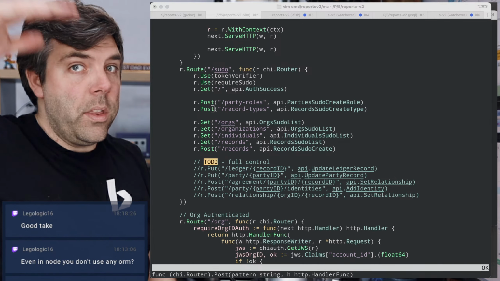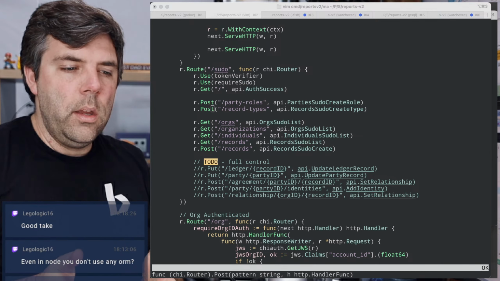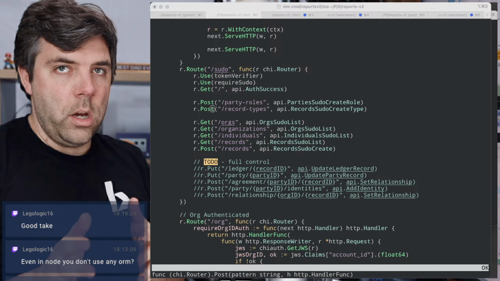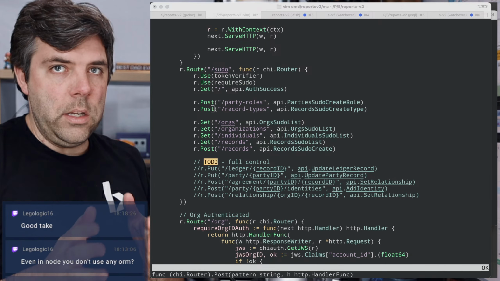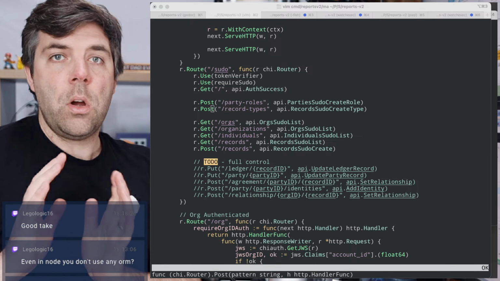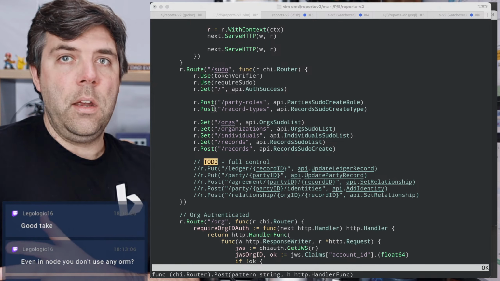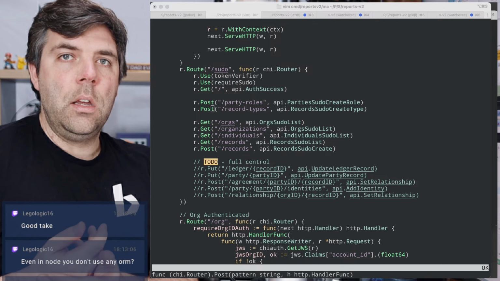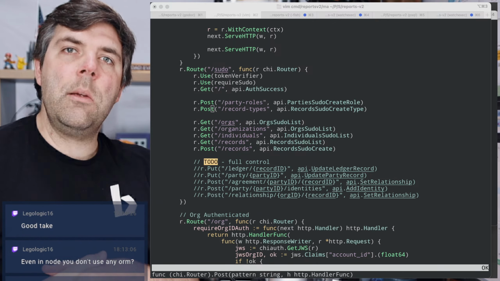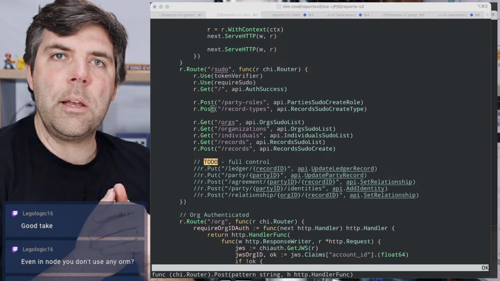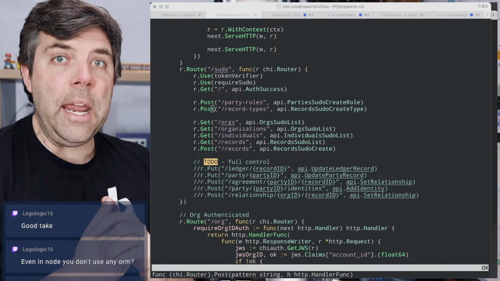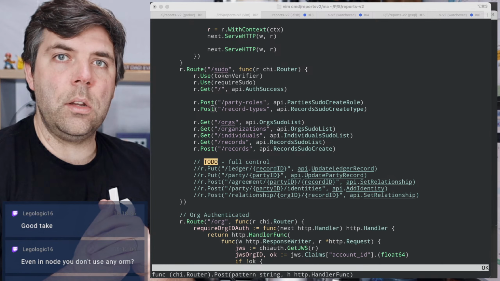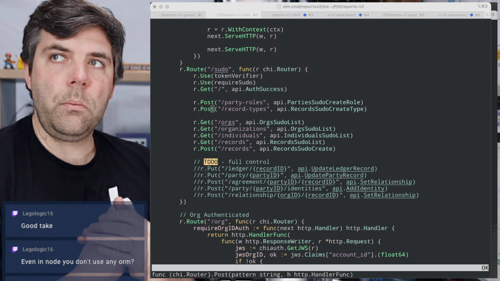So I think SQLC is really the right solution, where you write SQL and it generates either JSON or code, and you could use the JSON to generate code, and you can have your database layer have a light facade on it, and you just call a function, and that function represents a query, but you're not using a query builder. That's something else that's really interesting about SQLC. It's a very different take on the way that we traditionally have done query building.